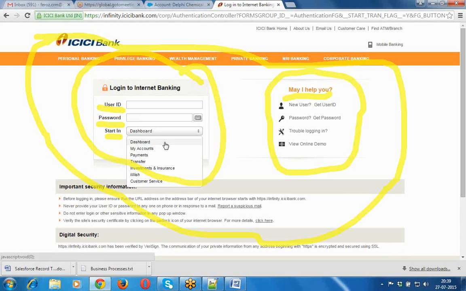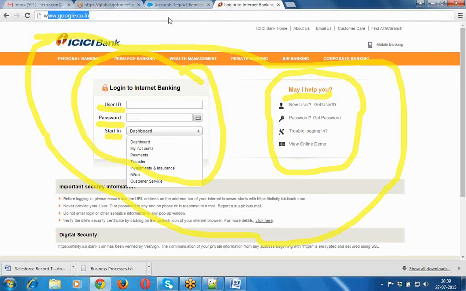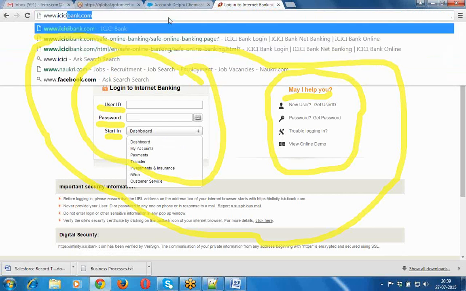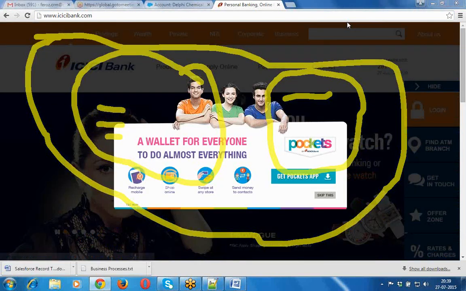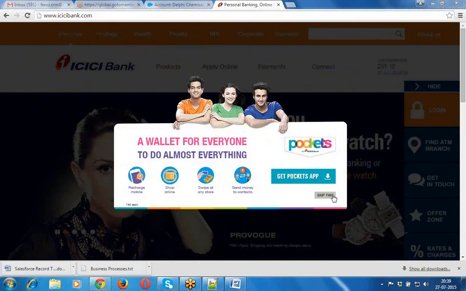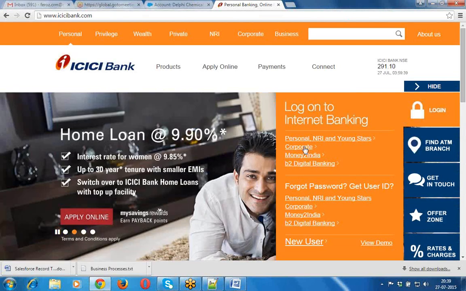Let's go to the corporate account. Observe what happens. I'm using the ICICI Bank application. Now I want to log in into that corporate account.